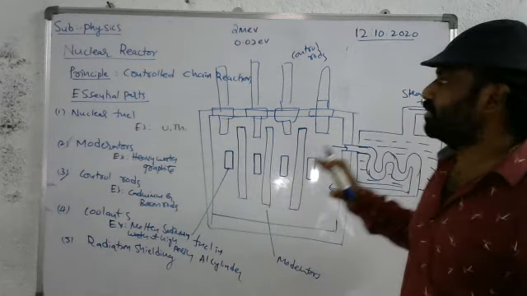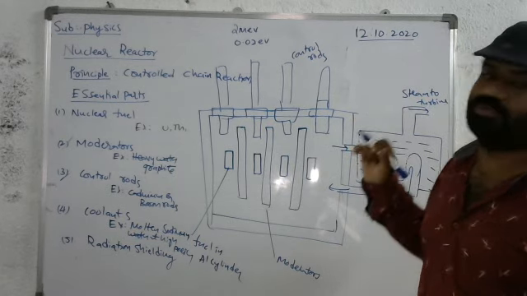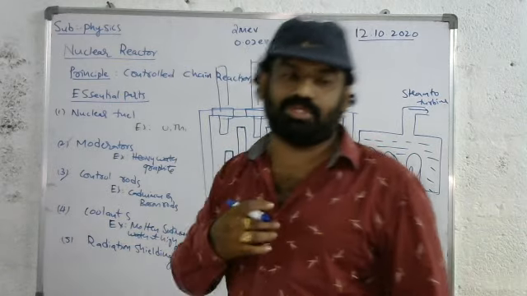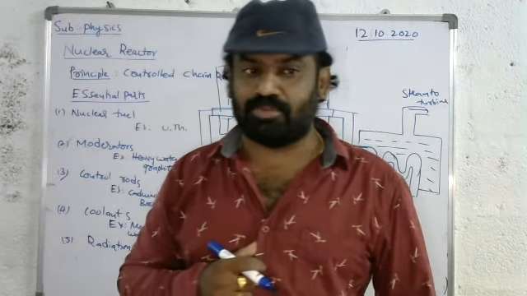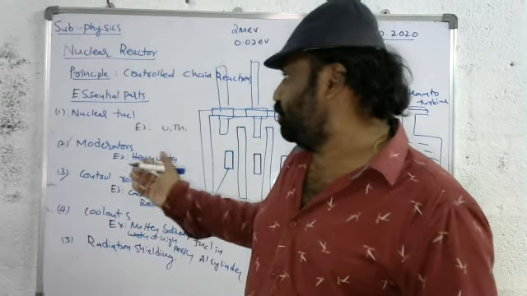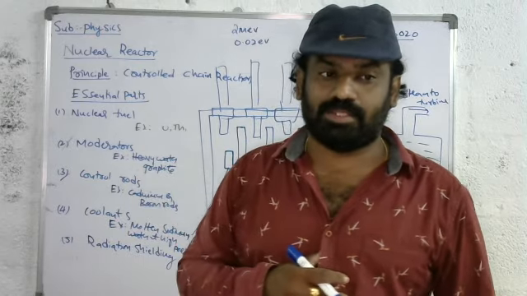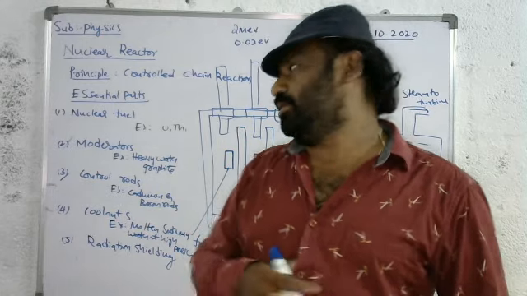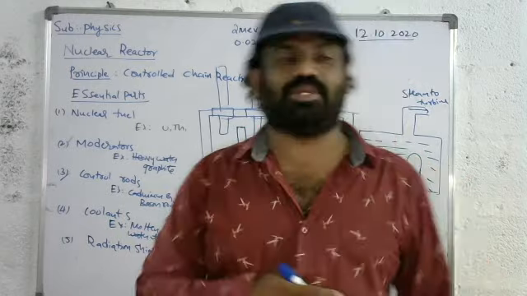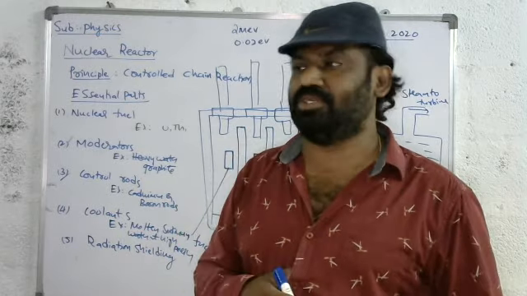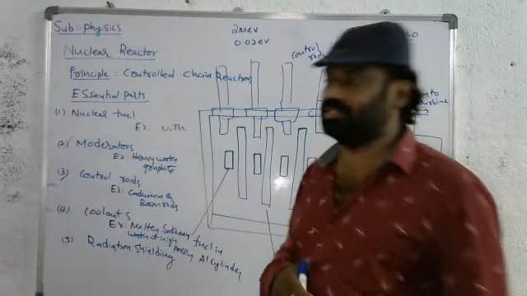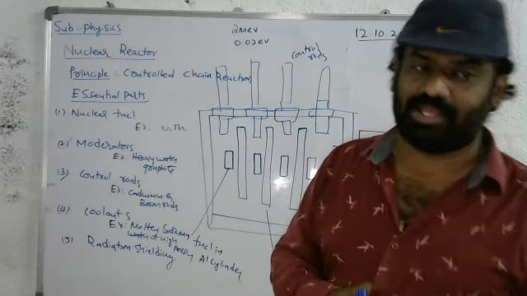So what are the uses of a nuclear reactor? By using a nuclear reactor, we can produce radioisotopes, and also produce electric power. Suppose if you have a nuclear reactor in each district, they can provide free current to the people, but it is not possible in our India. All are opposing. Why? Because if there is a leakage, people will be affected. They are thinking like this.